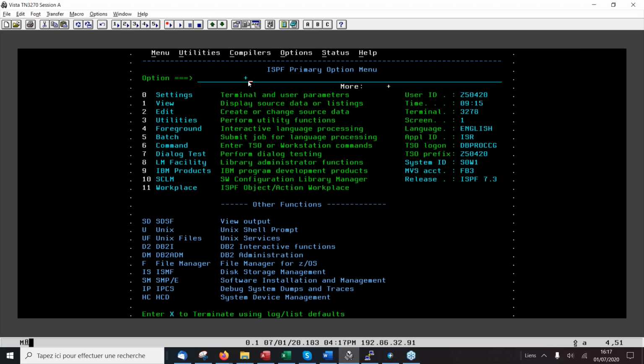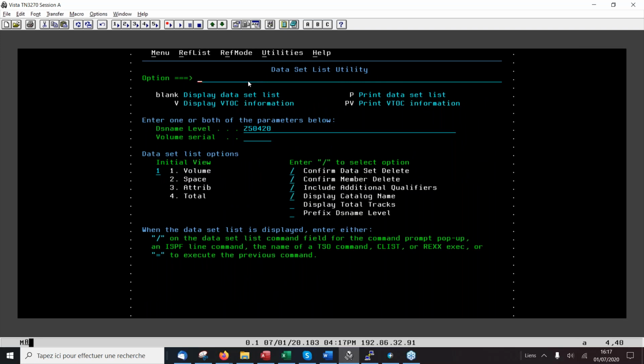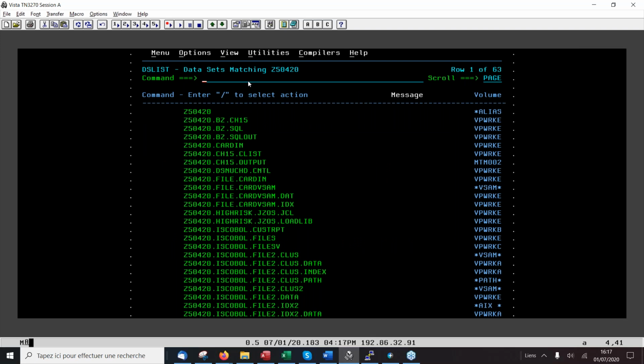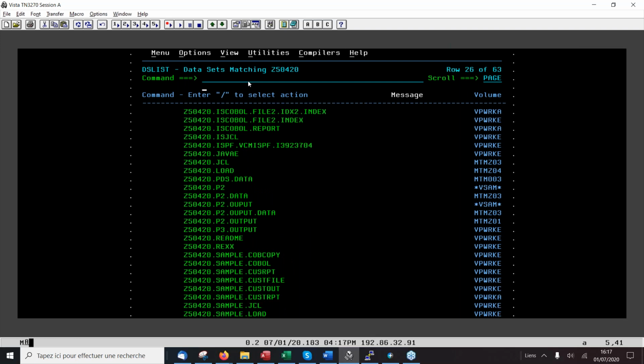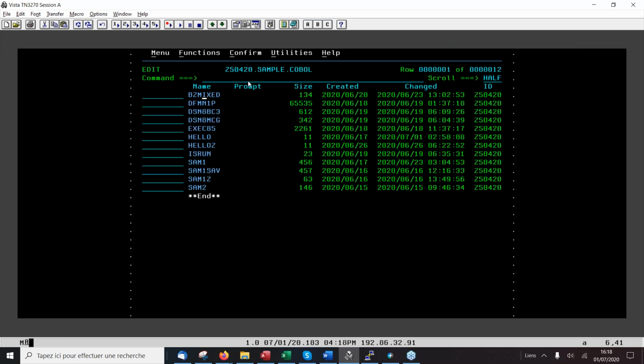under ISPF, so the standard development environment, very old-fashioned. A lot of people like it because they have always lived with it. And I will go to the simplest possible demonstration, which is a COBOL program, Hello World. So I have my PDS here, and I'll go down to the place where I put the COBOL programs. And I have this very simple Hello program,